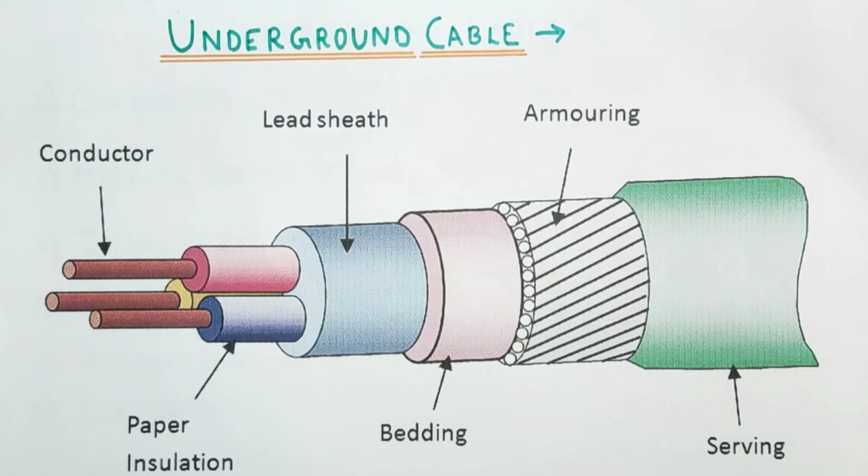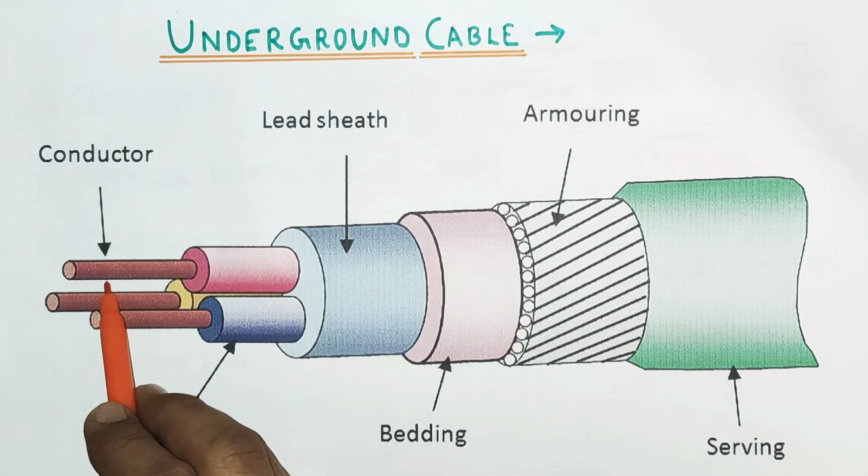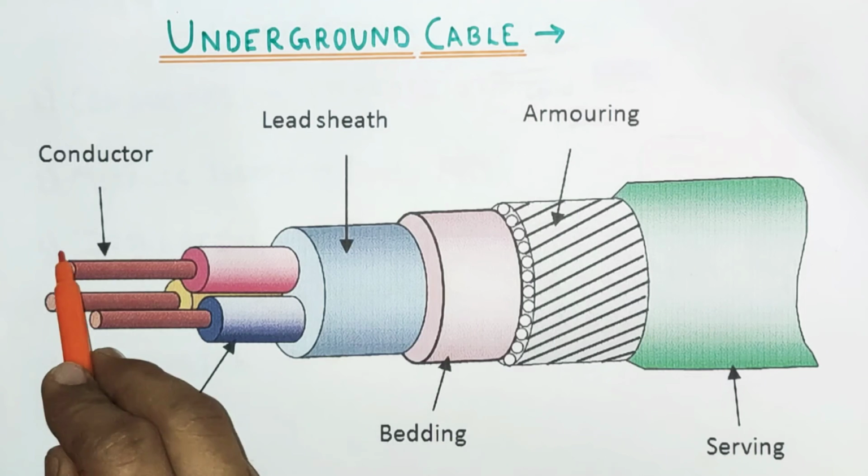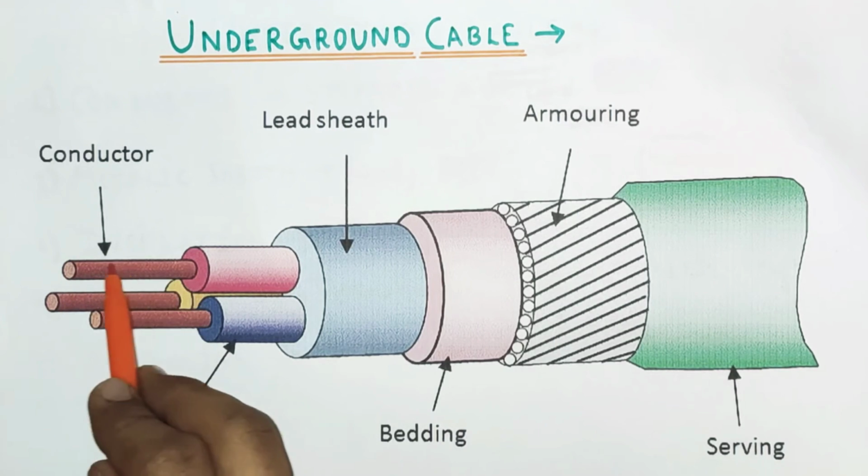Now coming towards the point of what the protective layers in underground cable are. First is the conductor. Friend, you all know about the conductor. It is used for providing the path so that the current can flow. Means current is flowing through the conductor. But one thing you have to understand is that in underground cable, the conductor is not like what is shown in the image. In the image it is shown as a single solid conductor.